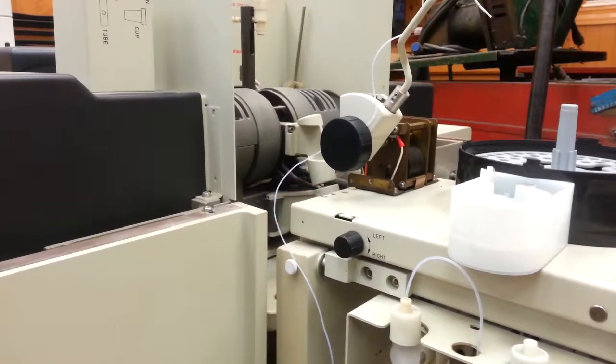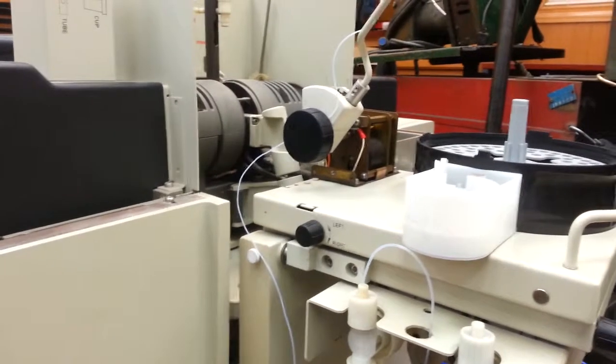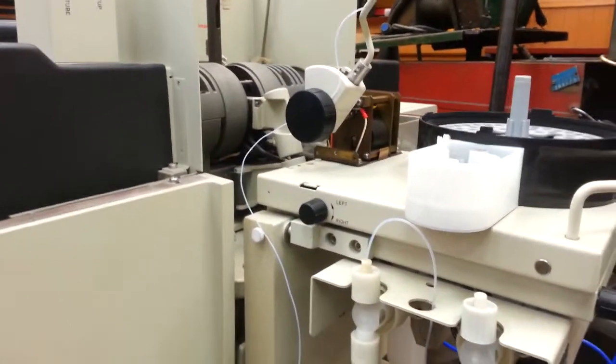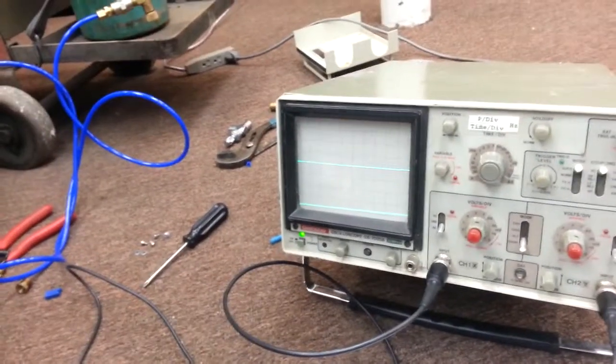It is Saturday, March 12th, and we're here again working on the auto sampler for the atomic absorption spectrophotometer. I got a part of it hooked up to the oscilloscope here, and what I've been able to determine so